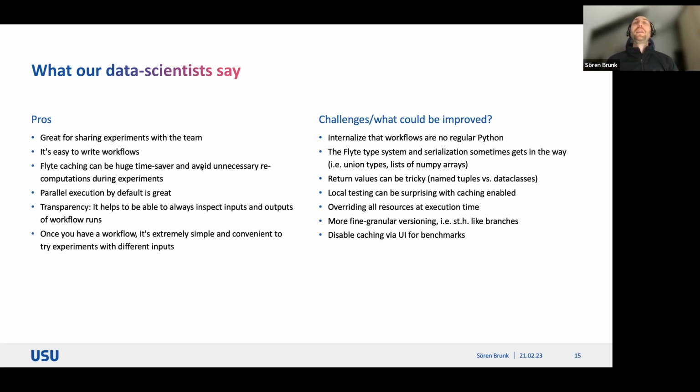So one thing most of my coworkers ran into early on was trying to run some regular Python inside a workflow decorator, and of course that doesn't work because that's just the DSL. You just have to get used to it. If you start, you think, oh, it's Python, I can do anything, but of course you can't. So sometimes the type system and the serialization